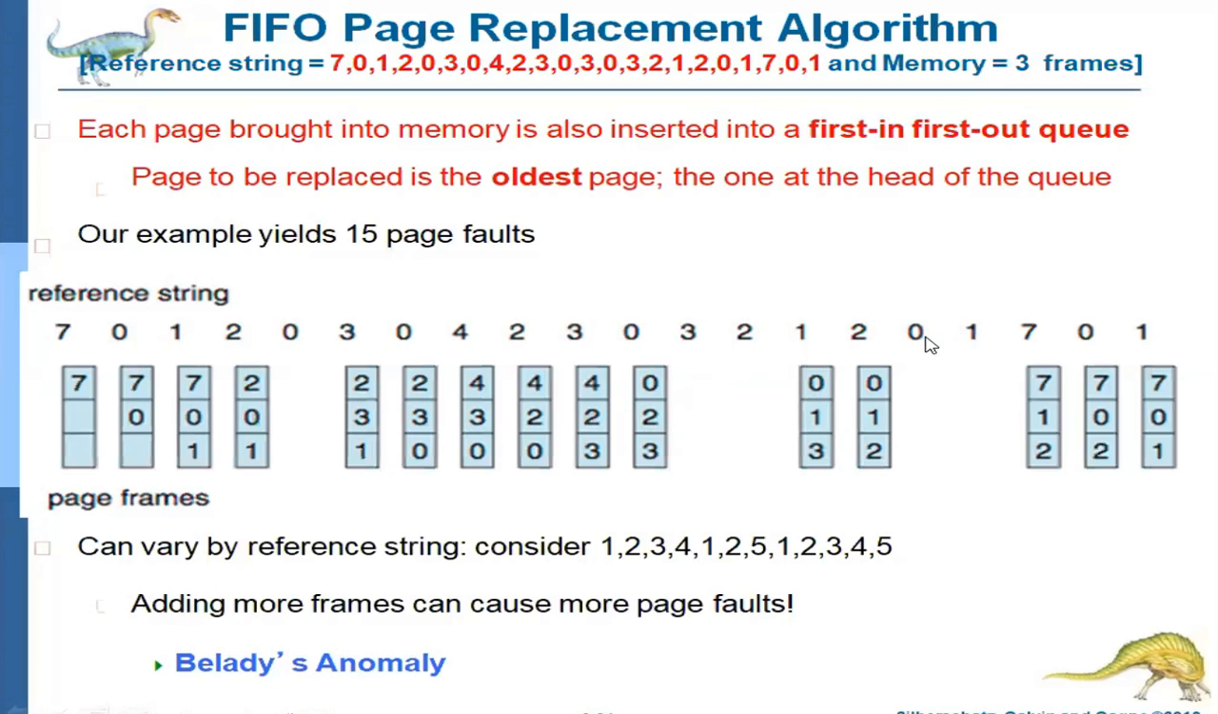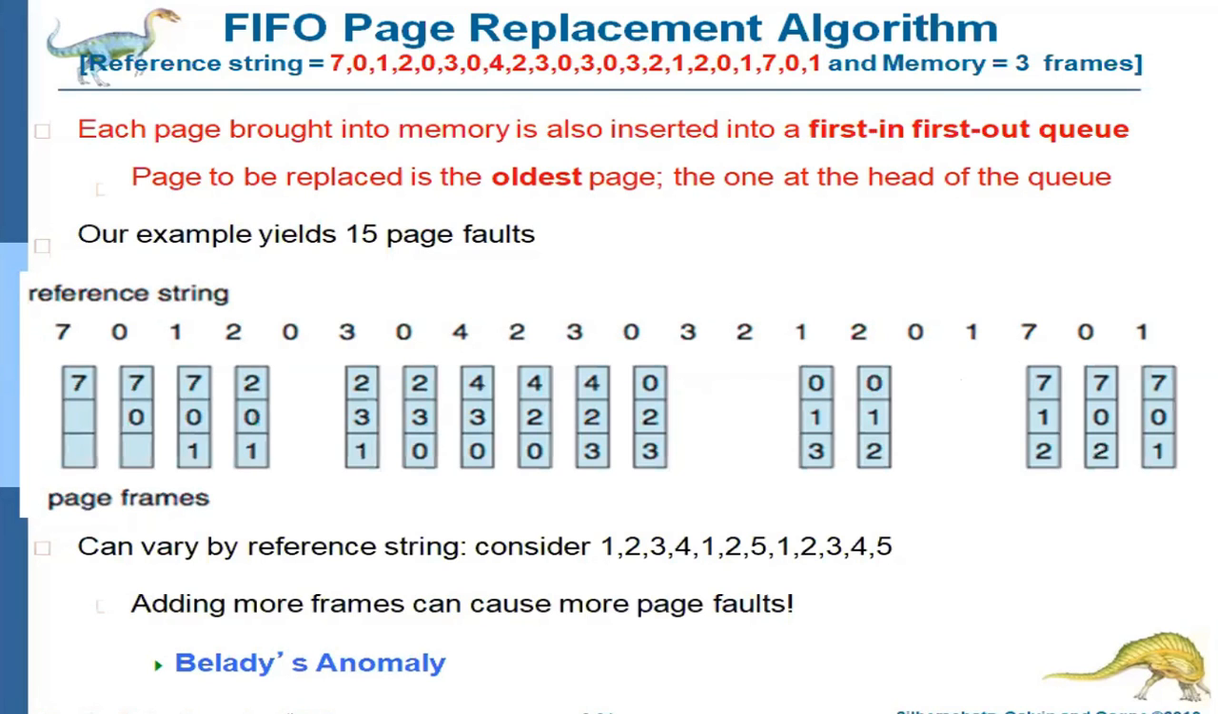And the next one is 0. So 0 is in main memory, so no page fault. So page hit here. And again 1. So 1 is there, so page hit here. And next 7. So 7 is not in main memory. Then we have to replace it with one